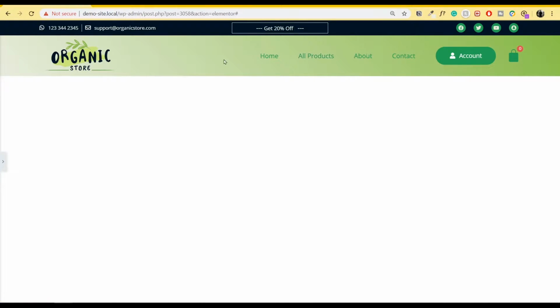And we have this header divided into two sections. One is the above header section, which just shows you some of the important things, and a main header which has the menu, the button, and the cart. So I'll be taking you through the process of creation of this header, and I'll be taking you through this process without using any premium plugins. So this is done completely for free. So if you like the idea, stick around and let's get going.